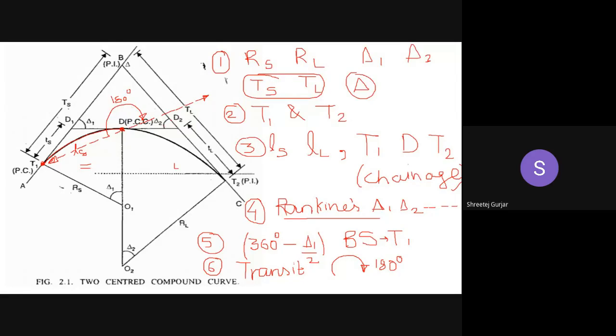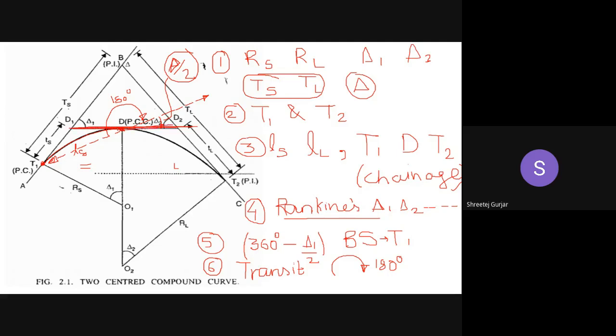Next, after you have done that, you have to clamp your lower screw, right? Clamp your lower screw, loosen your upper screw, and you have to swing your telescope by this angle so that it is in line with this. So what is this angle now? This angle is nothing but delta by 2. You have to swing the telescope by this particular angle, delta by 2. And after you do that, your theodolite telescope will be in this particular line.